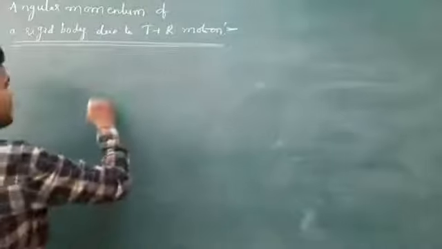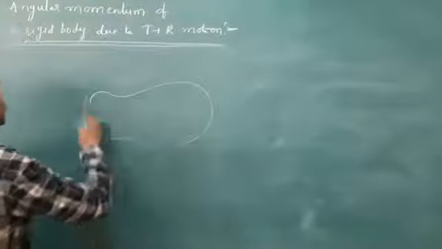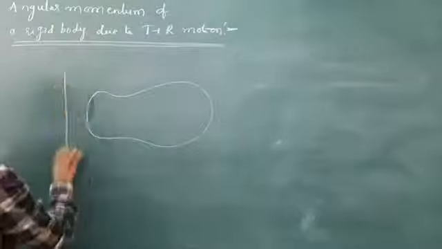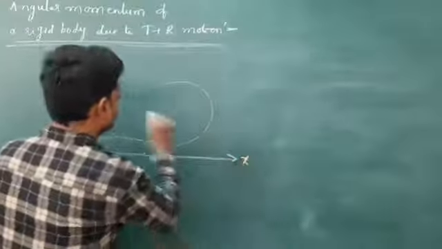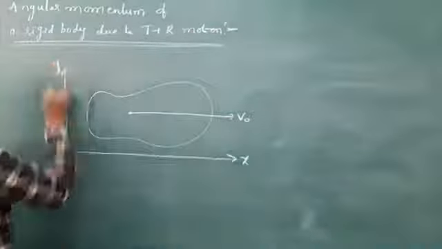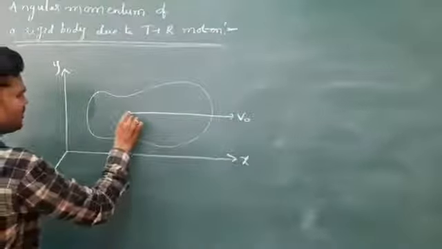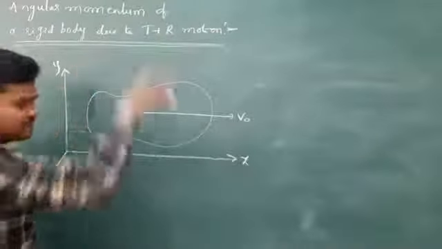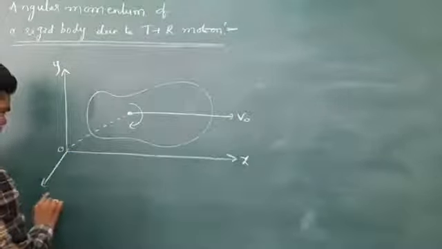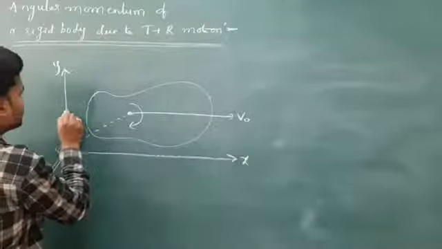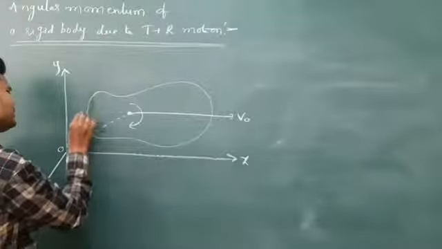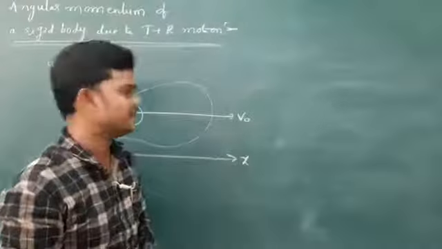Okay, so let us consider a rigid body which is moving in the xy plane. So this is the rigid body which is moving in the xy plane with a speed v0, and it is also rotating about a z axis in this direction, clockwise. O is the point, this is the z axis, and the shortest distance from this point is, let us take y, whatever may be, or x. The shortest gap is y I am taking here.